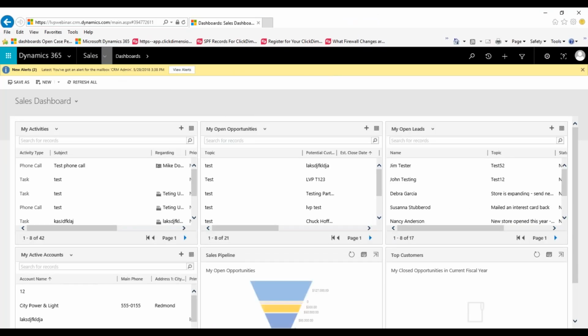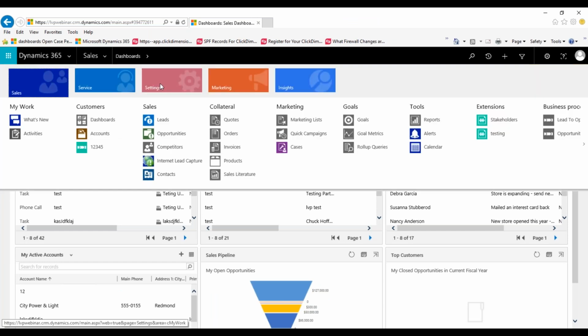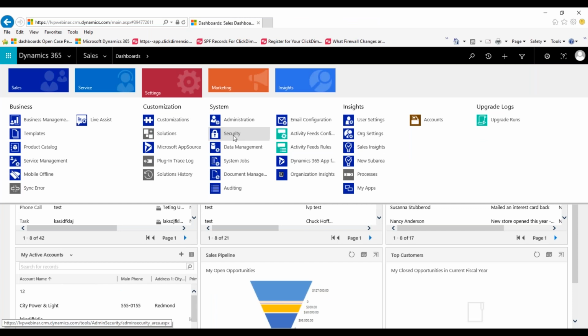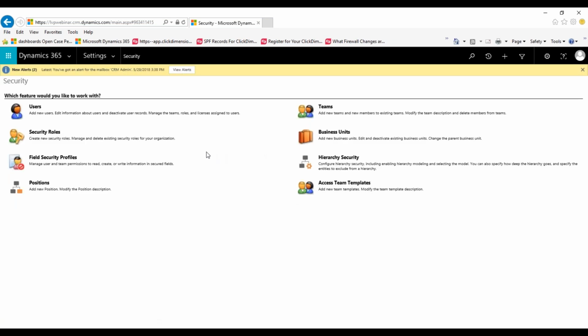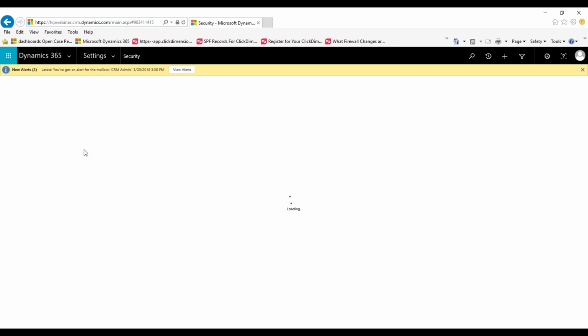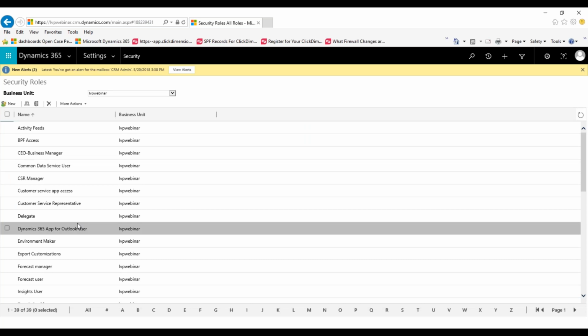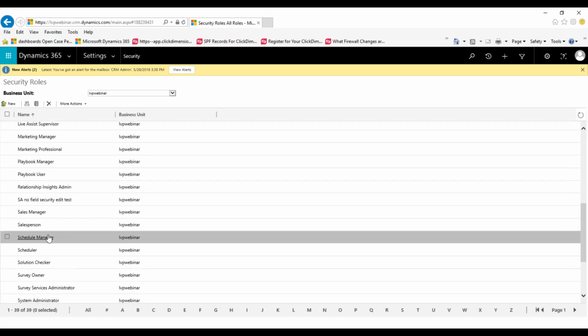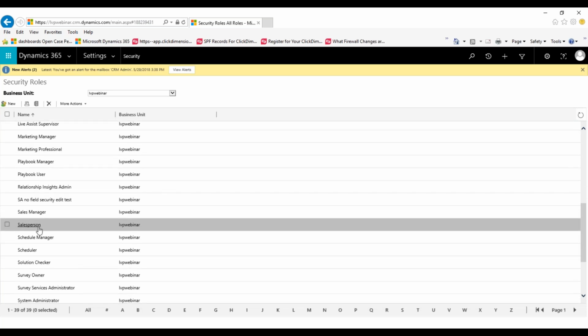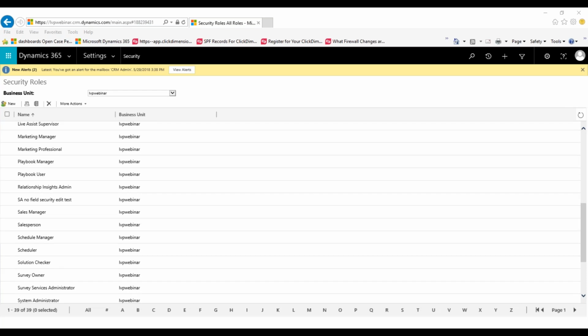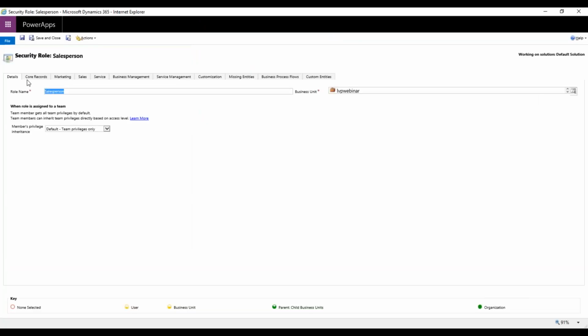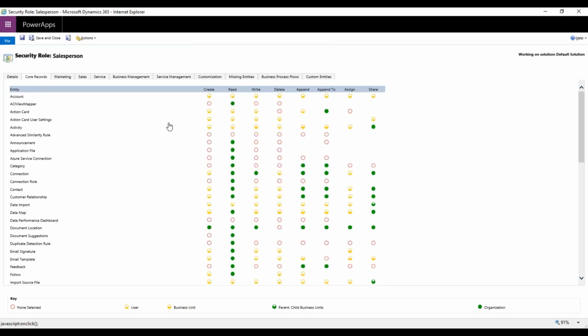All right. So to access the security area, we're going to click on our drop-down area, go to Settings, Security, Security Roles. So I'm going to look at the out-of-the-box security role salesperson. As you can see, there's a lot of tabs up top here. So if we go into Core Records, if I look at Account,